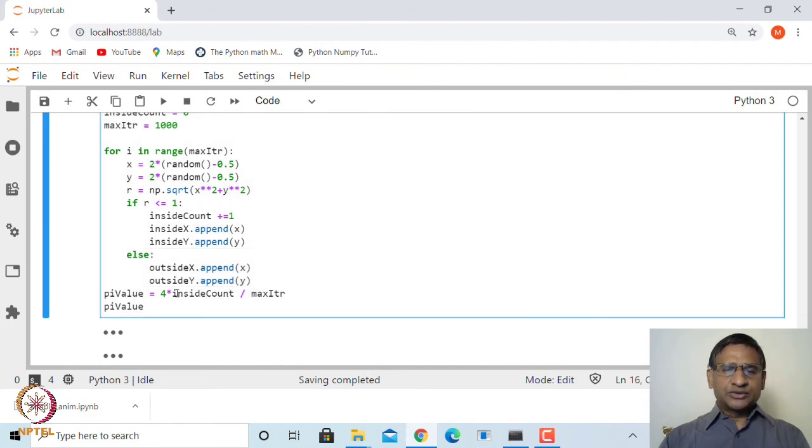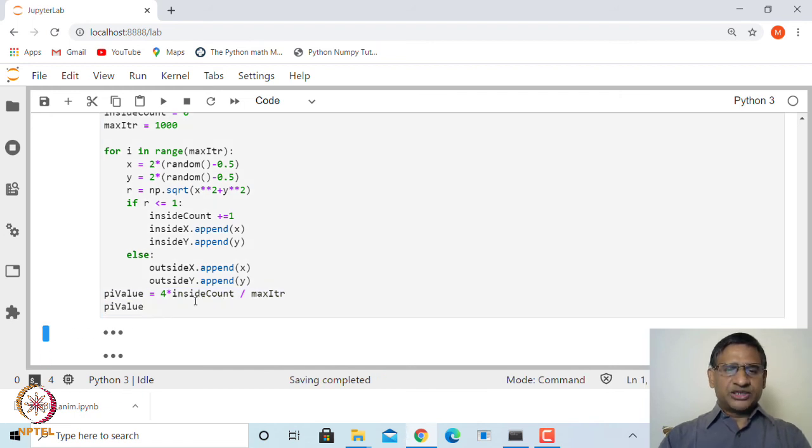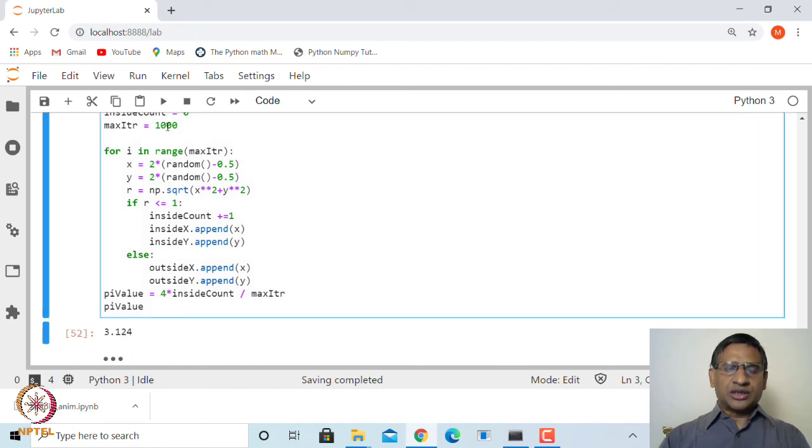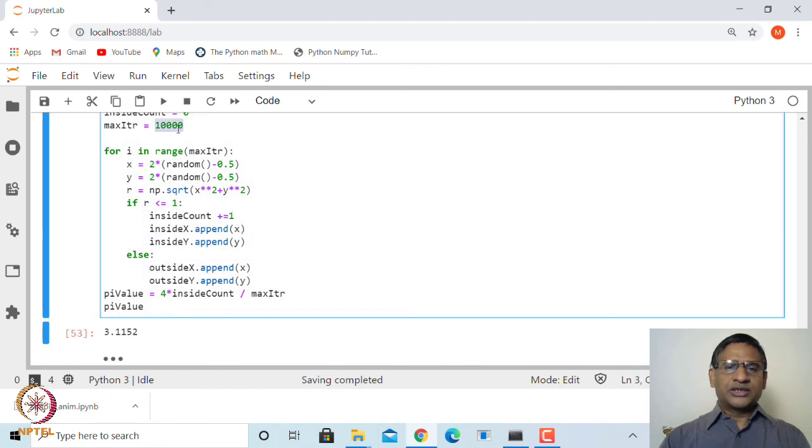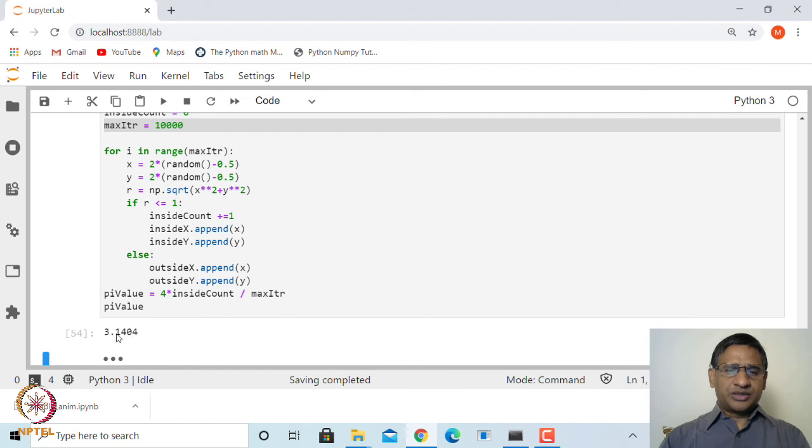Okay. And once you have done this, let us count how many are inside and how many are outside. The inside count divided by the total number of points, multiplied by 4, is approximately the value of pi. That is quite easy. We looked at this in the previous class also. Okay. So, let us generate this. In this case, when we have 1000 points, the approximate value is 3.124. Of course, this is random, so it may vary. Instead of 1000 points, if I say 10,000 points, then it is 3.11. If I run once more, it may be something else.